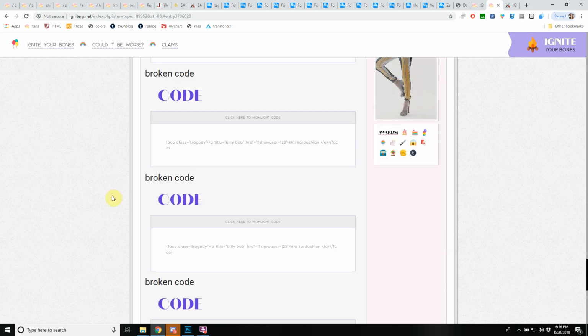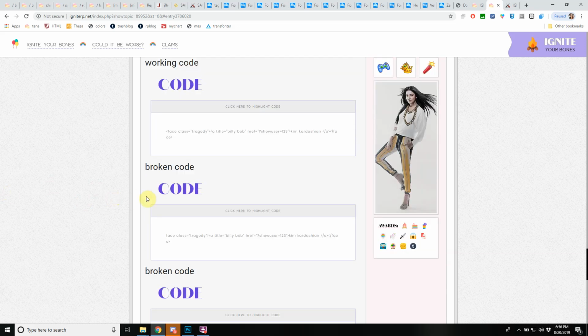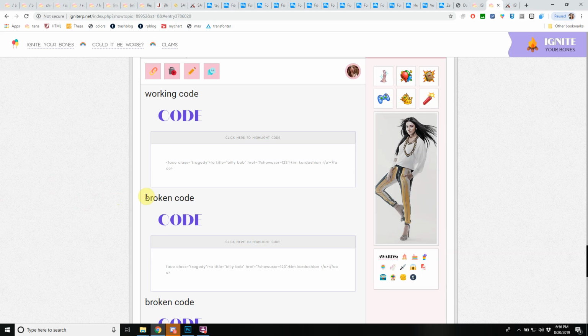Any little mishap with the code, and it's going to break. So make sure when you're copying over, you copy over correctly. And instead of going like this, because a lot of people will go like this and miss that one little thing or a little comma or a quotation or whatever, just click highlight code and then Ctrl+C or whatever